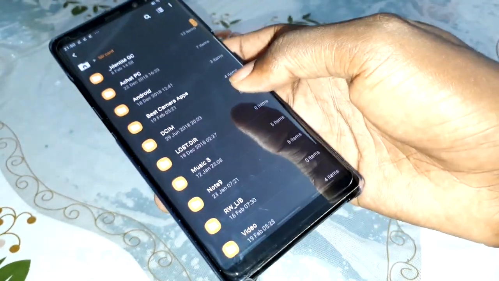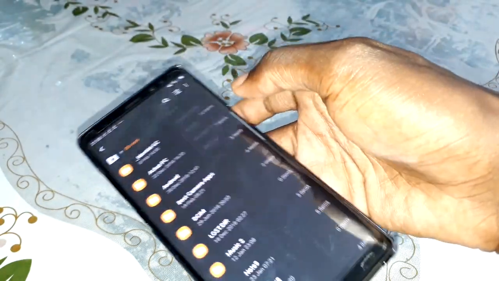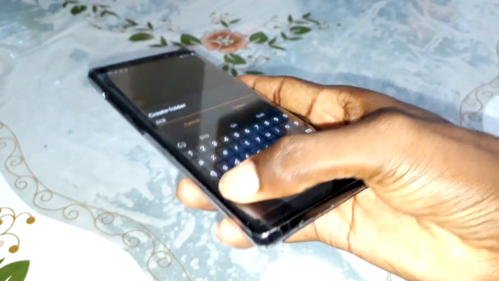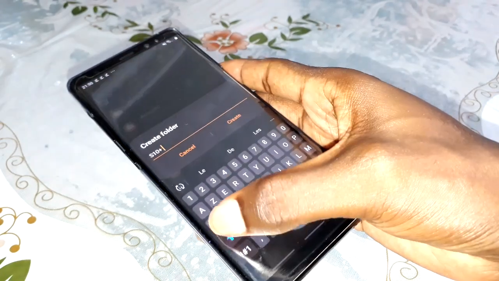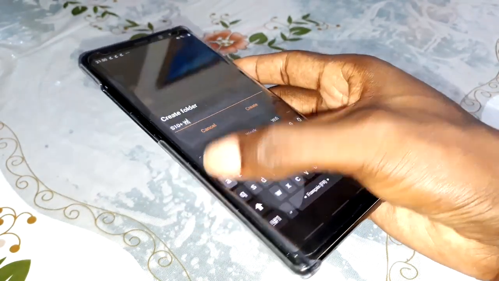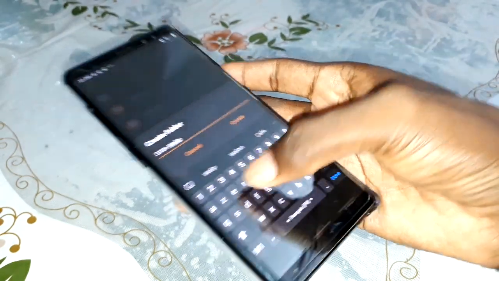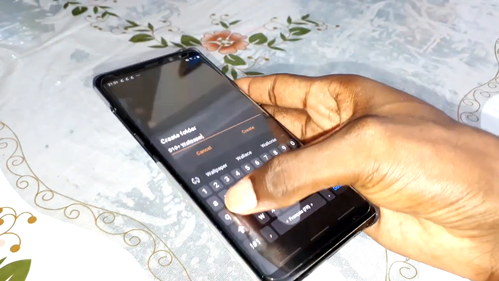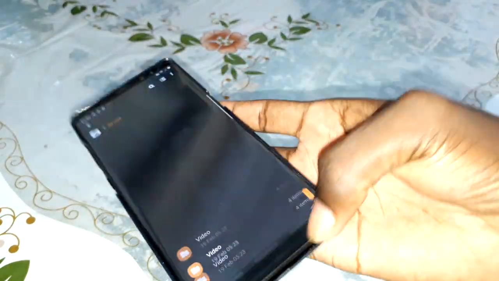If you want to save your wallpapers on your SD card, you can create a new folder. Enter S10 plus wallpaper. Okay, wallpapers. All right, now create, go back,